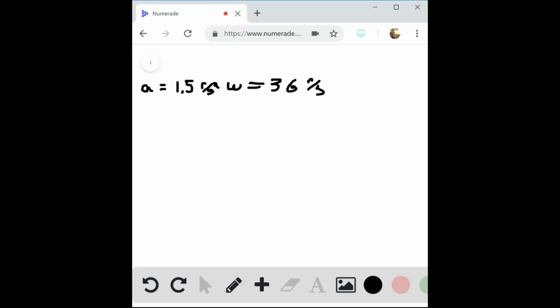So we know that the angular acceleration α is defined as the first derivative of the angular velocity with respect to time. This also means that with a constant acceleration, we know that the acceleration is also equal to the change